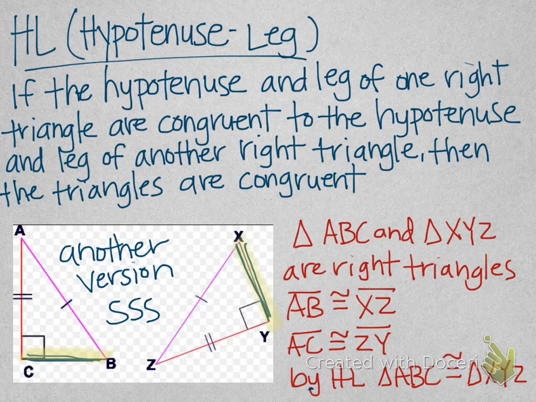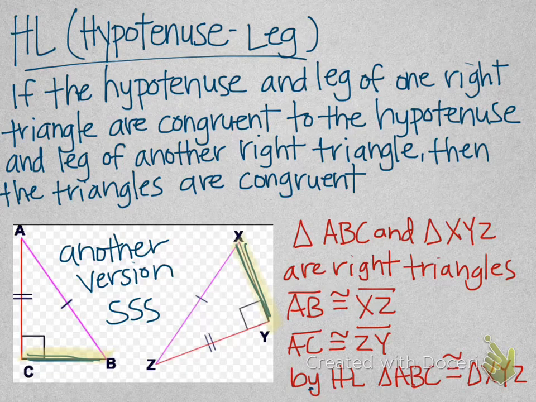So once we know the triangles are right triangles, we have AB is congruent to XZ, which is the hypotenuse, and then we have AC is congruent to ZY, which is one of the legs. So by HL, we have that ABC is congruent to XYZ. Now this is actually another version of SSS, because once I know that the hypotenuse and leg are congruent in both triangles, I can always find the third side of a right triangle using